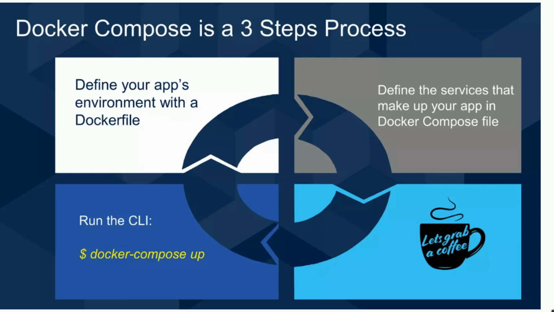For an individual container, the Dockerfile is responsible for building that individual image or running the container. But when you combine all the images or containers, then you use a Docker Compose file. In the Docker Compose file, you combine them. And last, run the CLI command docker-compose up. So automatically your containers will be up and running.